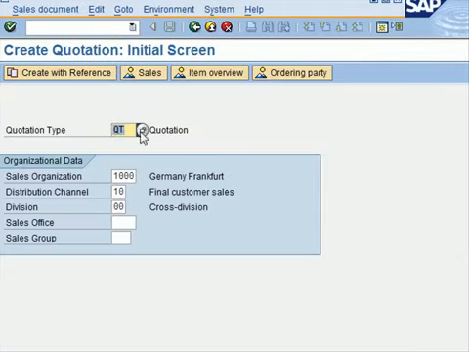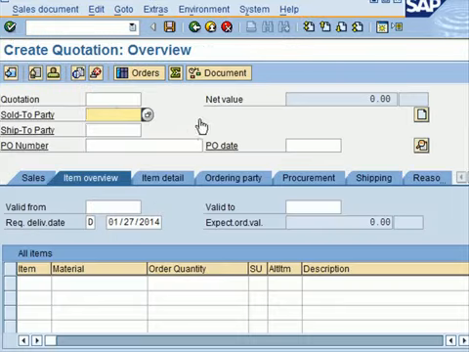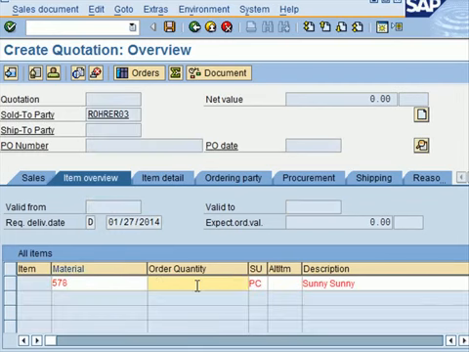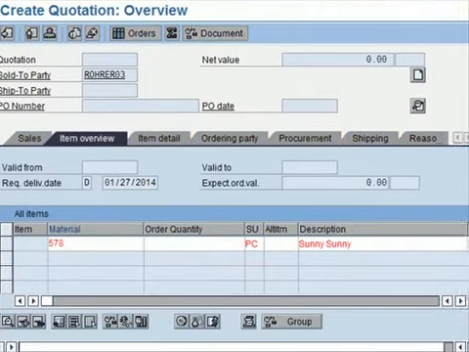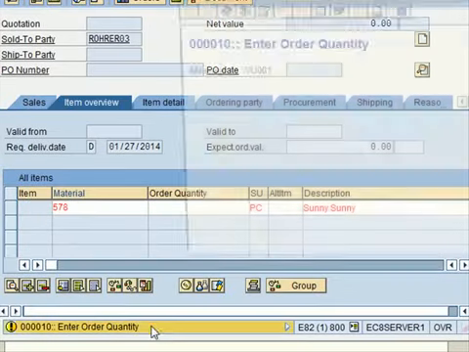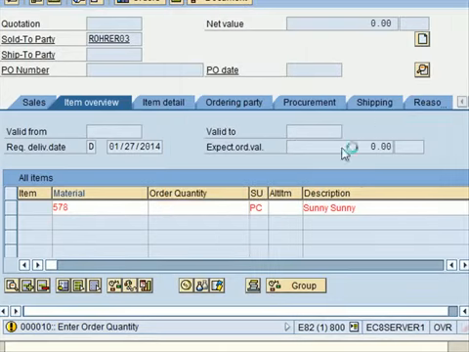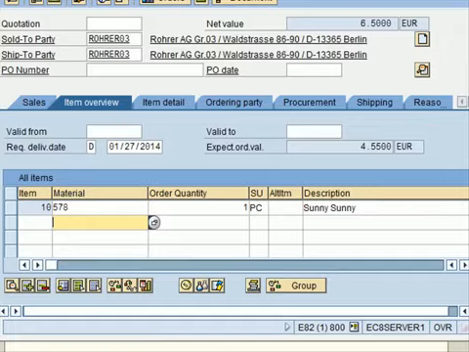I create a quotation. This is a standard quotation type, and this information has been defaulted from my profile, and I enter my customer and I enter my material 578. I need to enter the quantity as well. If I don't, I will get an error. So let's see how that works. This is my error. Enter order quantity. The system will tell you what you've missed out. So I enter quantity 1,